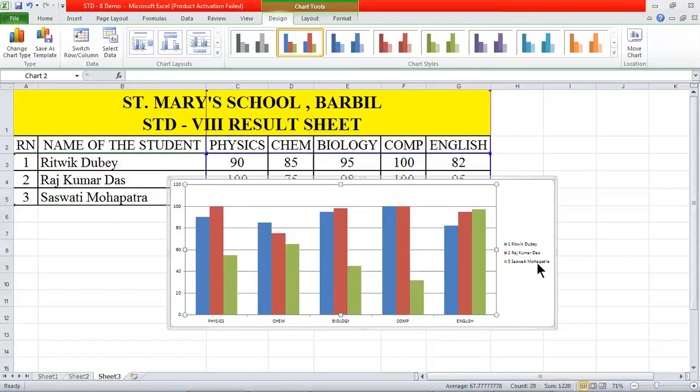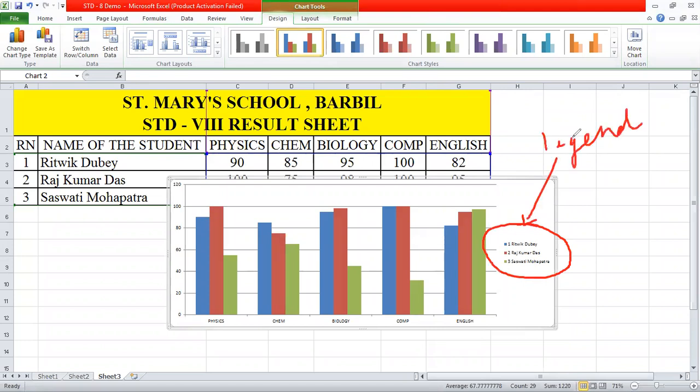Here at the right side, you can see this is called the legend. You can see to Ritwik Dubey, blue color is assigned. To Rajkumar Das, red color is assigned. To Saswati Mahapatro, green color is assigned. Is this clear?